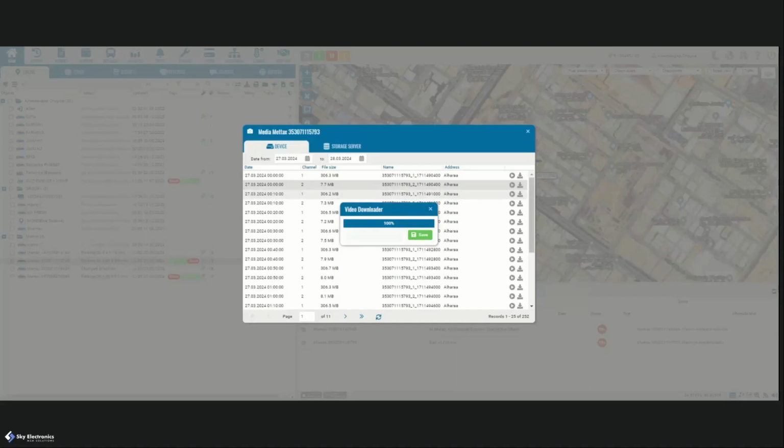That will depend on the current speed, the upload speed of the device. So sometimes we need a little bit of patience until this process is complete and converted correctly. When this save button is available, we can download it. In case the device loses connection with our server, this process will be interrupted, and unfortunately, for now,